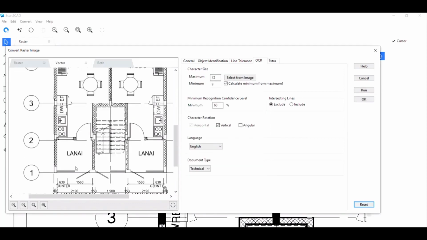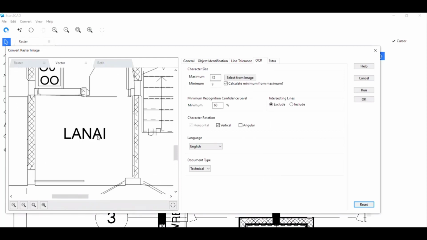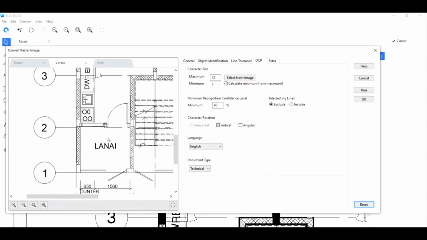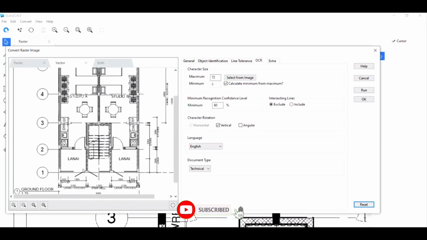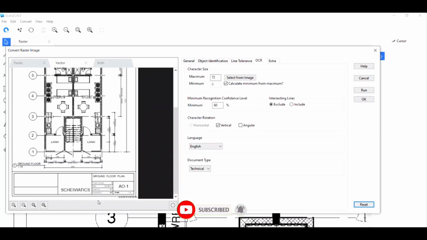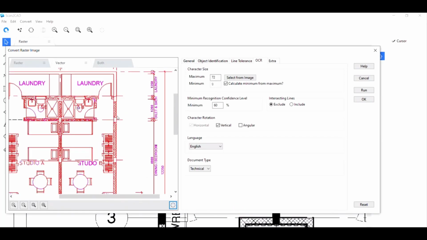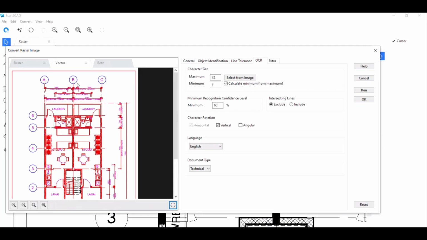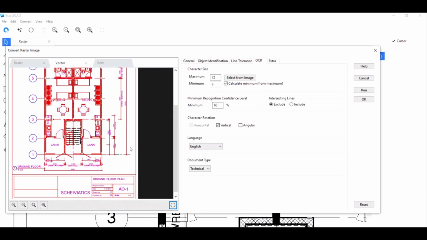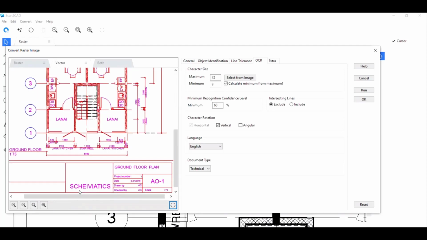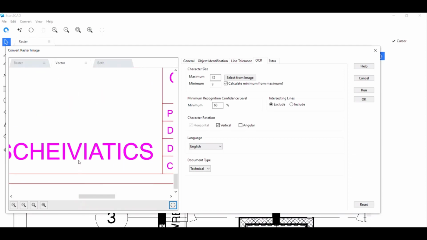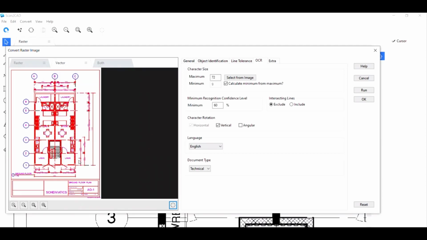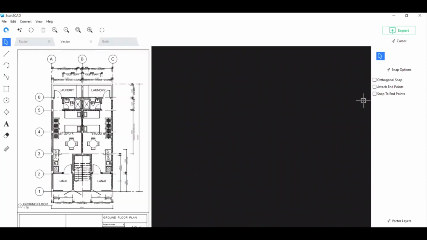You can zoom in. A lot of it got converted pretty cleanly. A lot of the text were converted accurately as well. You can click on highlight vectors to see them more clearly. The circles were converted accordingly, the lines were converted accordingly, and so were the text. Some text weren't converted accurately, so I'm going to correct that later on, but this looks pretty clean. It got us 80 to 90% of the way. You click on OK to finalize these changes.